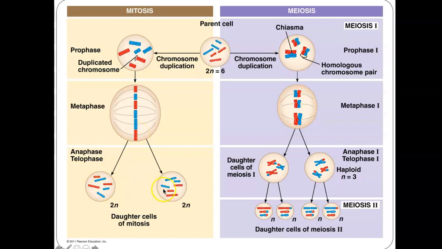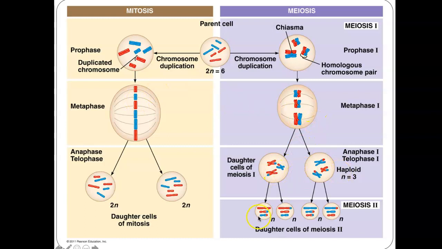And then they were identical. And you only ended up with 2 cells and they were identical. With meiosis, remember we're making sperm and eggs here, so it's different. You have crossing over, you have homologous pairs lining up together instead of individually, and you